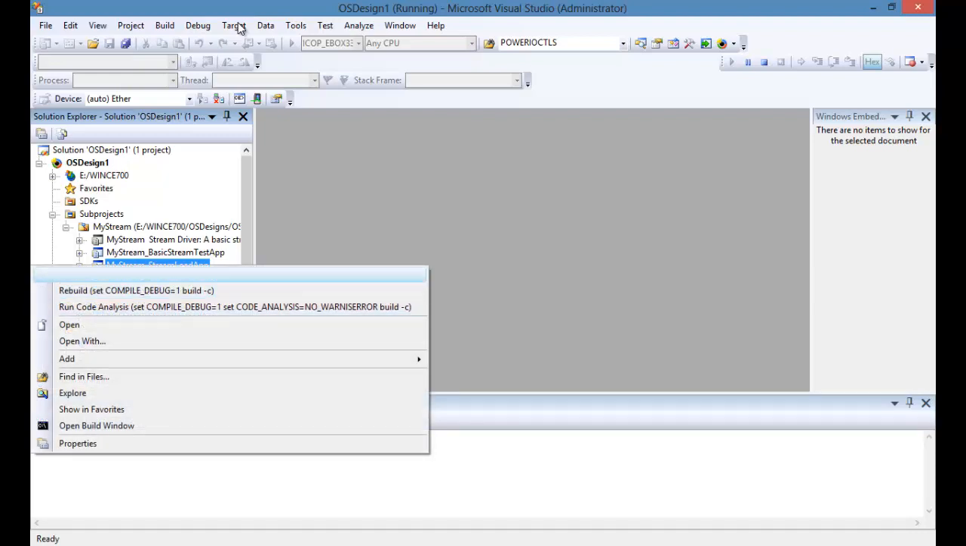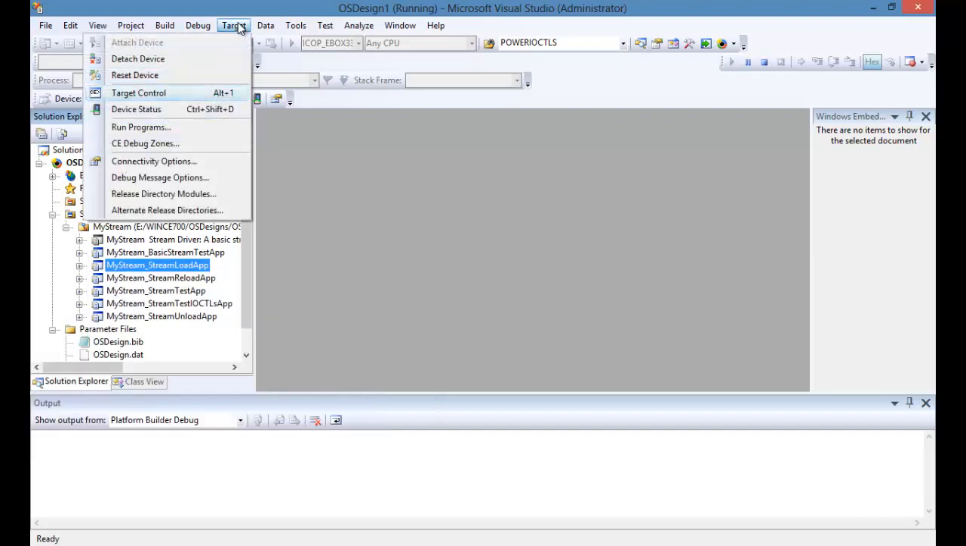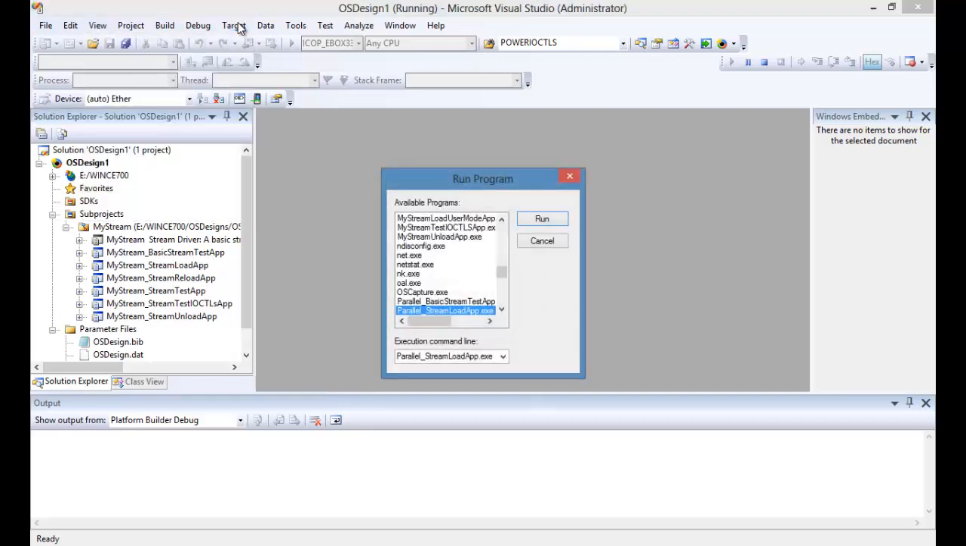There's a run code analysis, but it's not run the application on device. What we have to do is either go to target control or run programs, or via the command prompt on the device from there to run the program. So let's start by loading